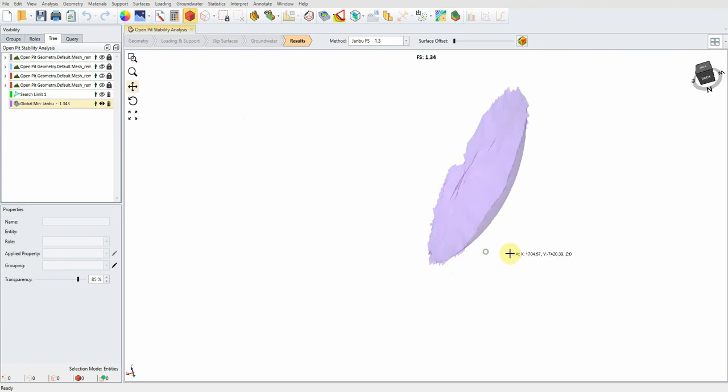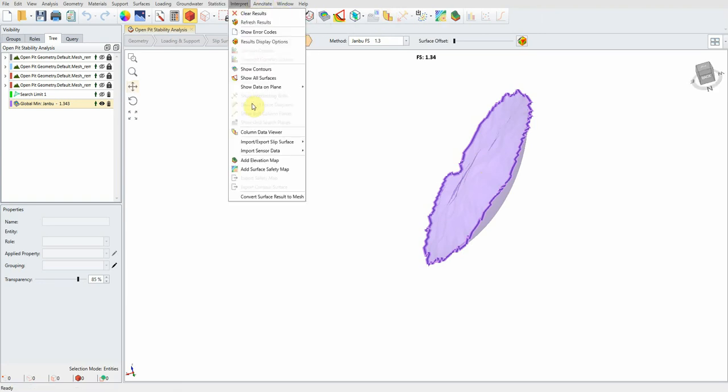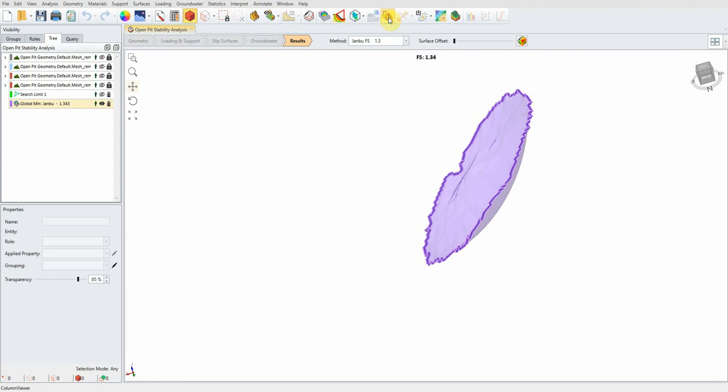Another thing, we used to show some properties of each slice in Slide 2. In Slide 3, we are not dealing with slices, we are dealing with columns in 3 dimensions. To show the properties for each column, which represents the slice in Slide 2, we can click on this icon, column data viewer, or we can go to Interpret and choose the column data viewer from here. So this one and this one are basically the same. If you click on it,